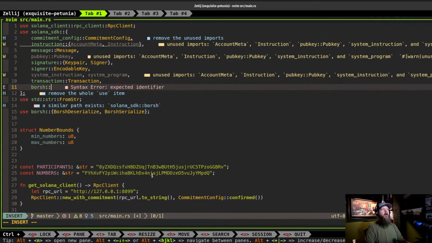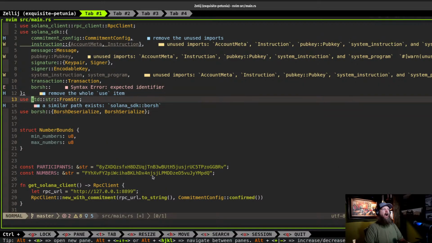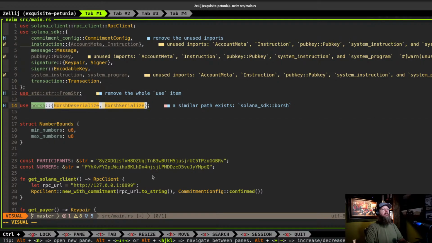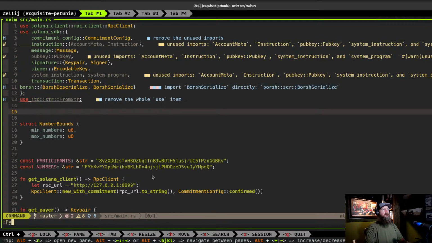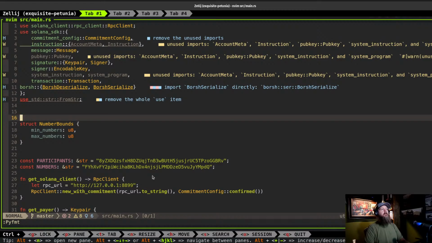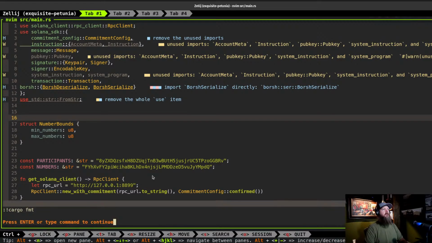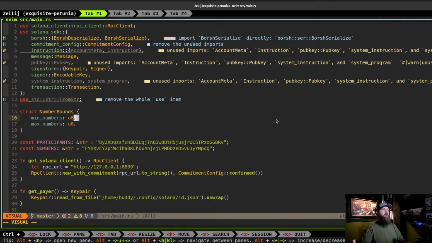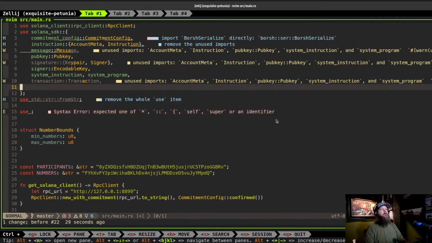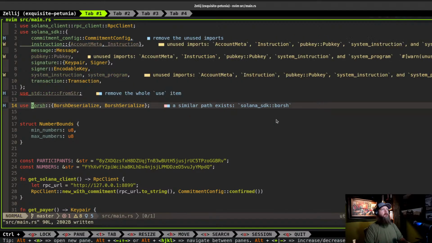So we're going to do Borsh directly. Import. So then we want